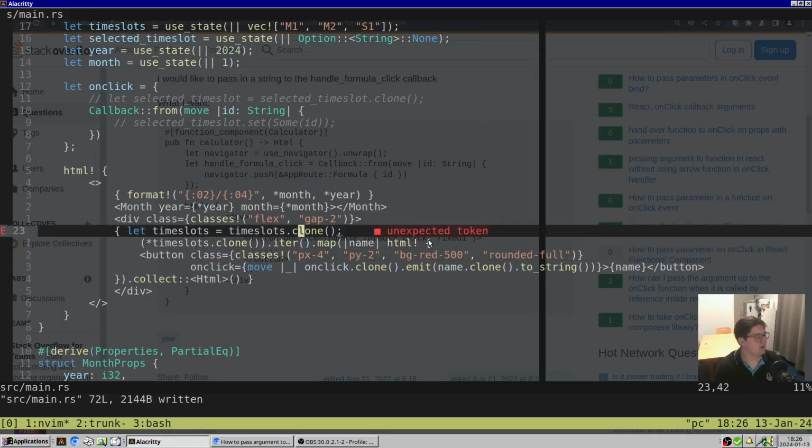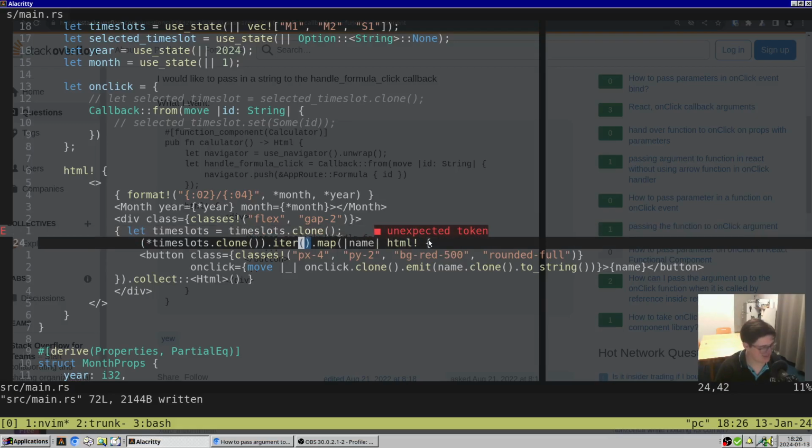Yeah, because... can I rest? Can I? No, I can't just. Maybe I should do it outside of this HTML closure. Just generate the HTML outside of the closure of the HTML macro, and then